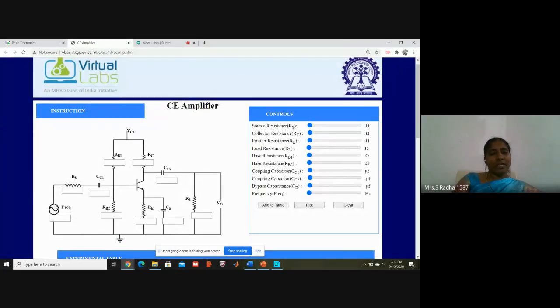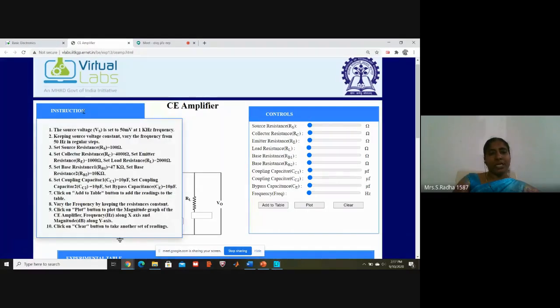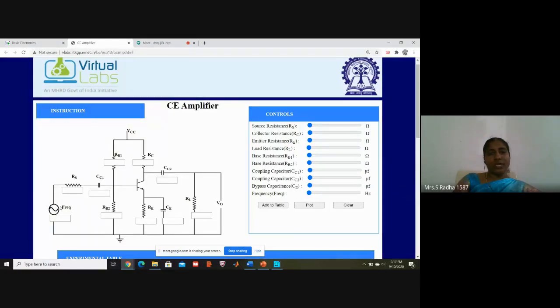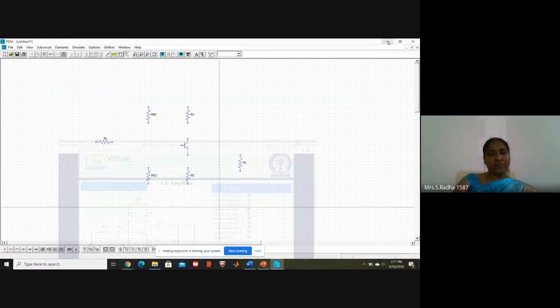Now I want one input source. Okay, AC type of voltage. Voltage is 20 millivolts and 1 kilohertz. VS source voltage is 50 millivolts and 1 kilohertz. So this is the AC voltage I need, and then 3 capacitors also I want. 3 capacitors I want here. Okay, so I will finish it and again come back.